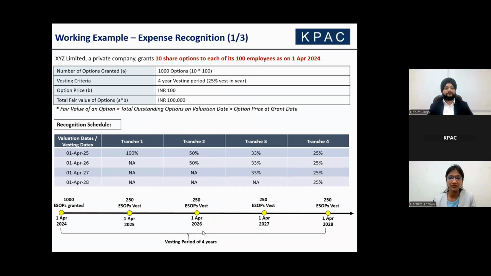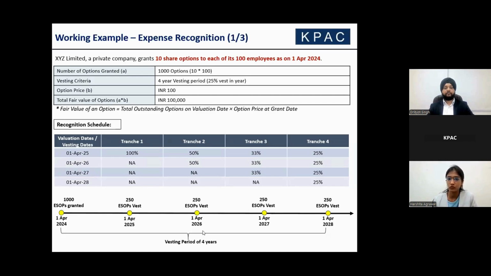Good evening, everyone. Till now, we have covered a broad understanding of ESOPs as well as the key data, methodologies, and assumptions. Now, let's go through a practical example of how ESOP expenses are recognized over time. In this case, XYZ Limited, a private company, has granted ESOPs to its employees. Each of the 100 employees receives 10 stock options, making it a total of 1,000 options granted as on 1st